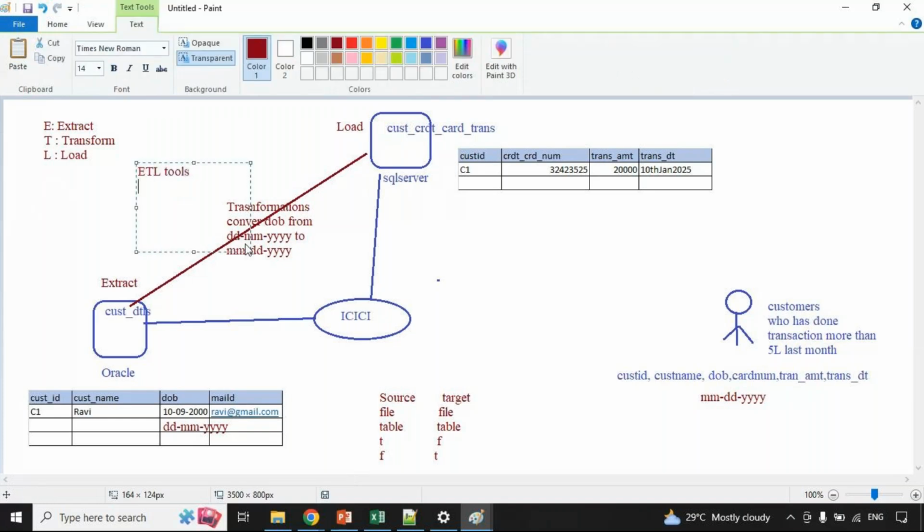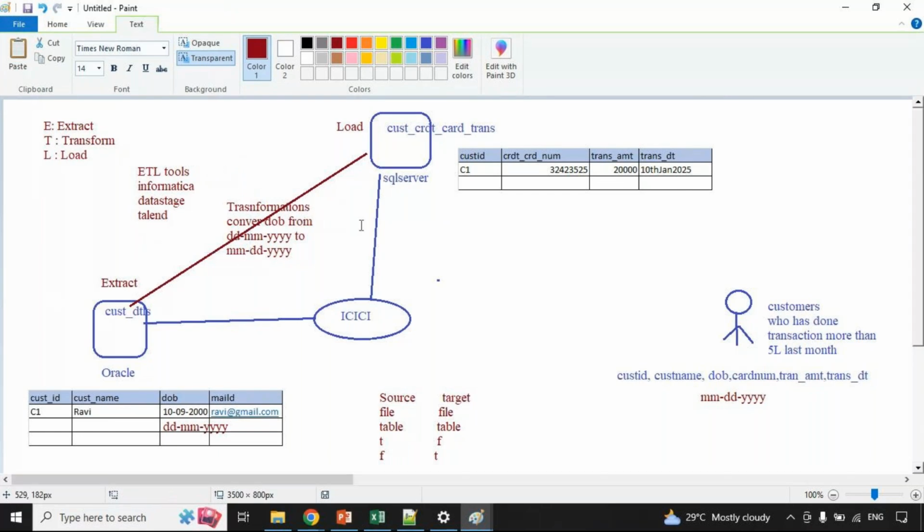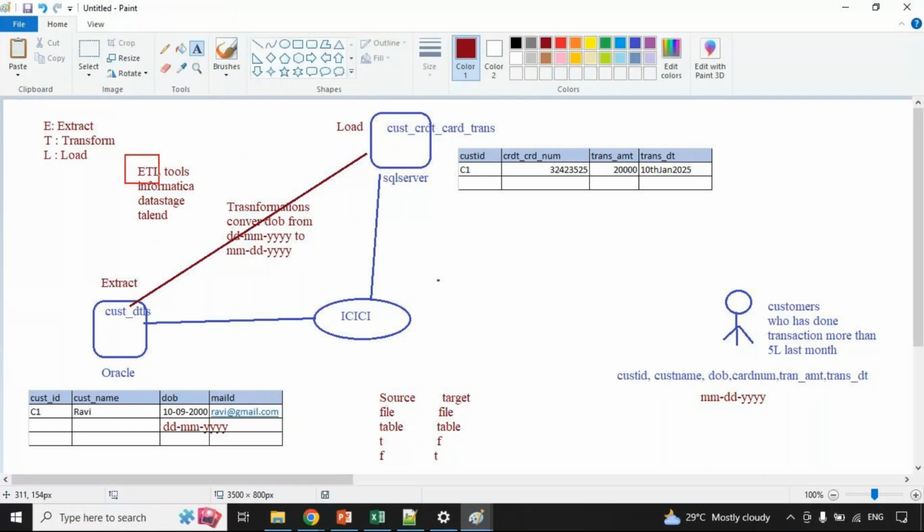Traditionally, we have Informatica, DataStage, Talend, Ab Initio. Multiple ETL tools are there. As per the requirement, they are going to extract the data from any sources and load the data into the target, and they can apply the transformations. And here, guys, once the data is here, on top of the data there will be a Power BI team or any reporting team. They are going to generate the reports. As per the requirement, we can generate the report.